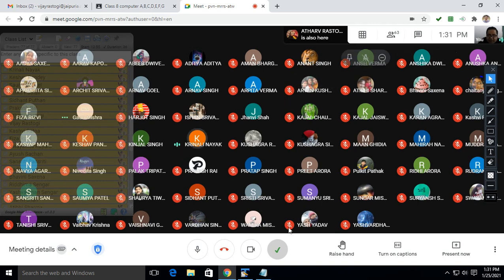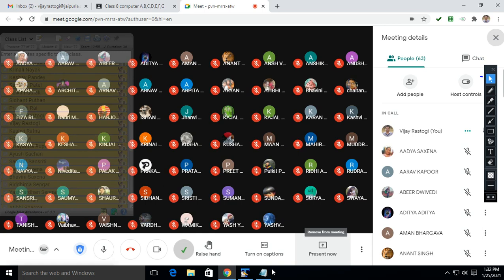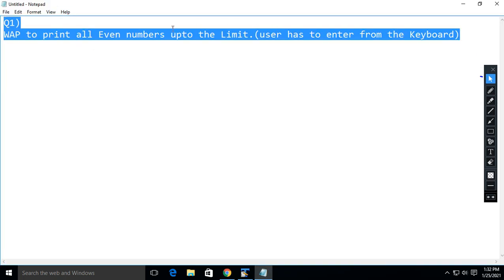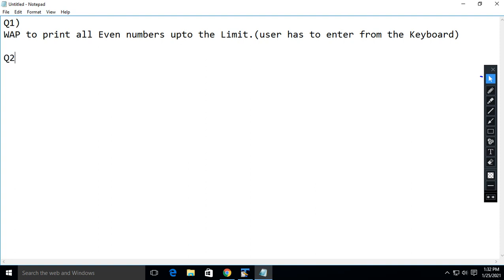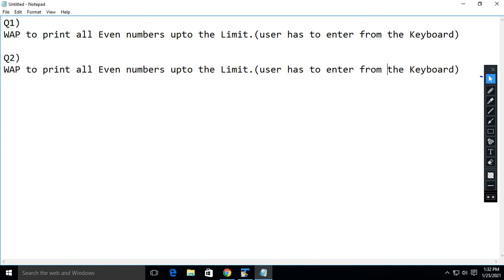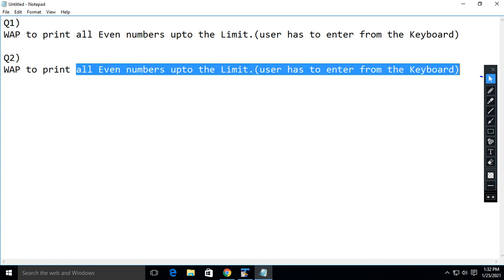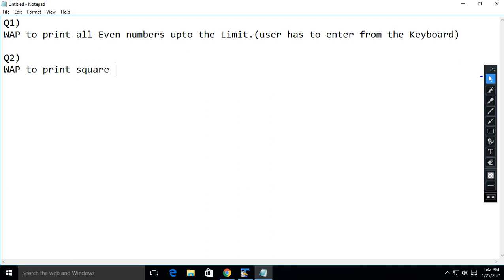One more homework. Okay. Write a program to print square of all natural numbers up to 5.